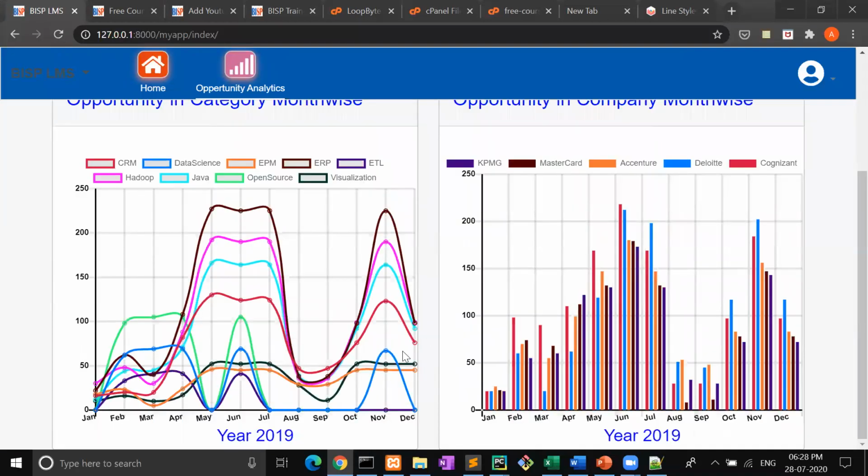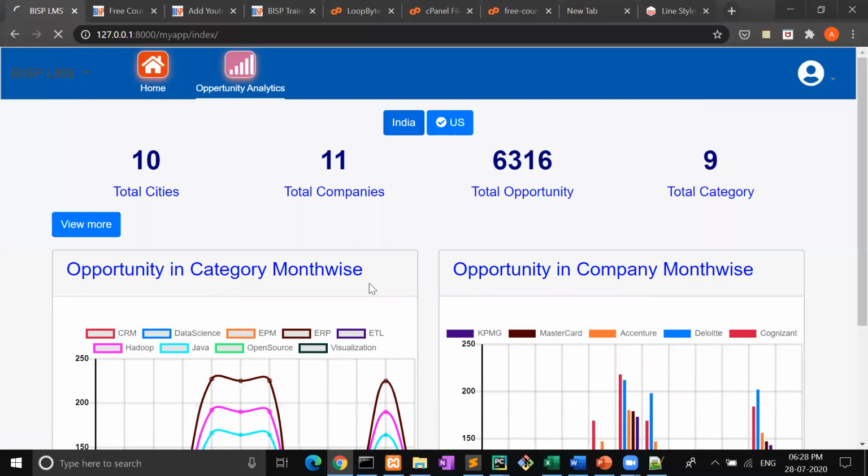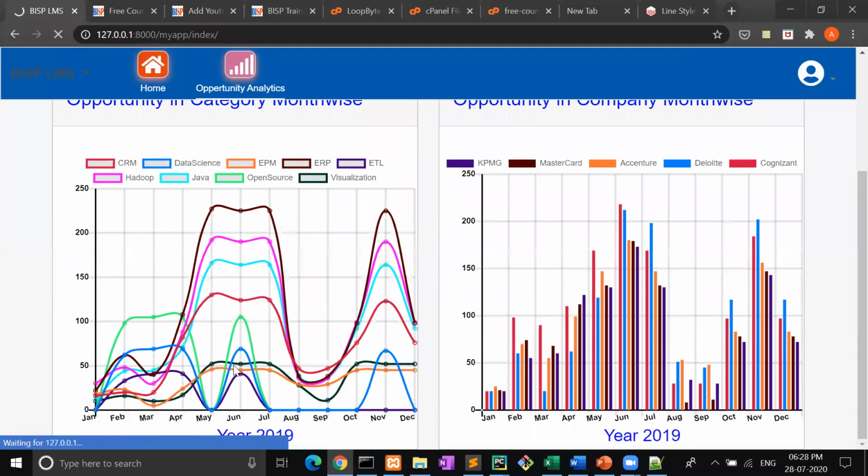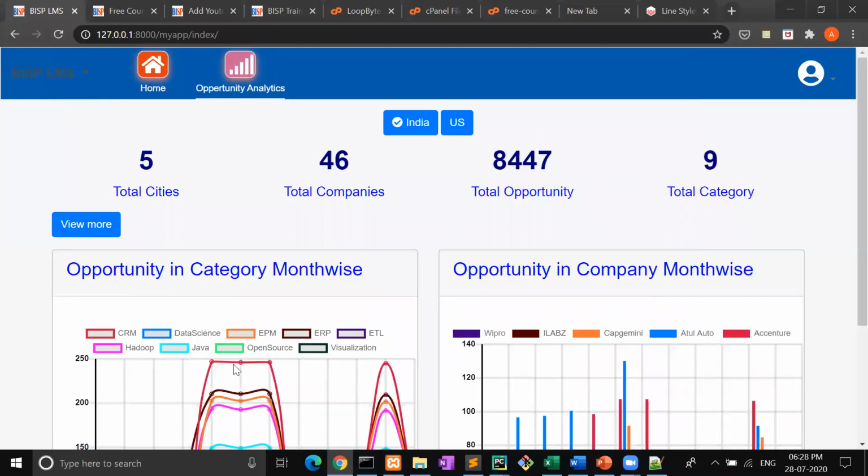Look at this, it completely changed. Similarly in India, it will change here. Yes, and view more.